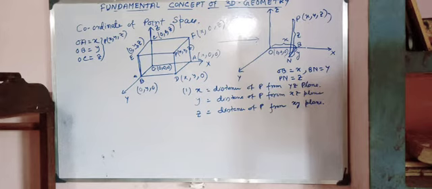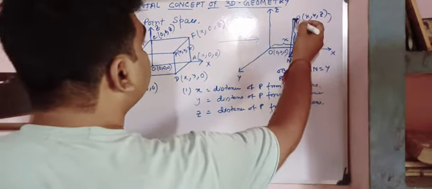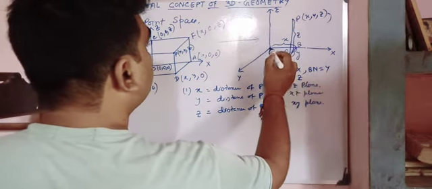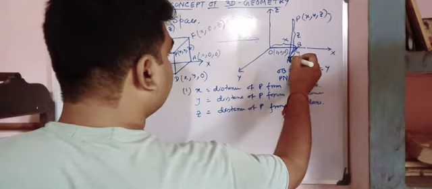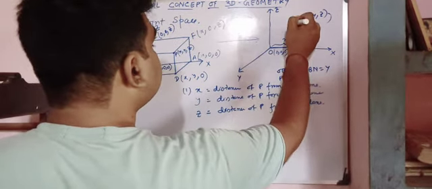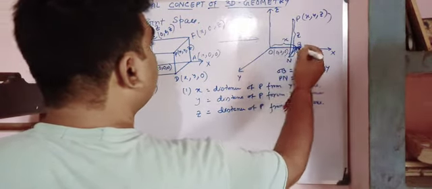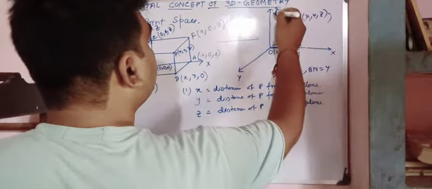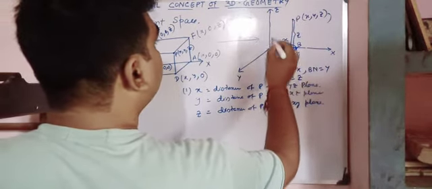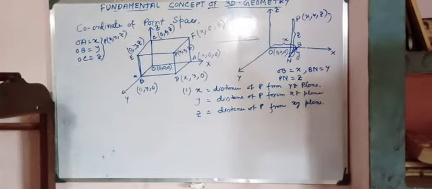xy plane. Understood that? You can easily see from the picture what my value of z is. This is the z. So we are taking the distance: first we go through here, then we move over here, then we move upright. So this distance is the distance of P from the xy plane. This distance from the xz plane is my y, and this distance from the zy plane is my x. Understood that?